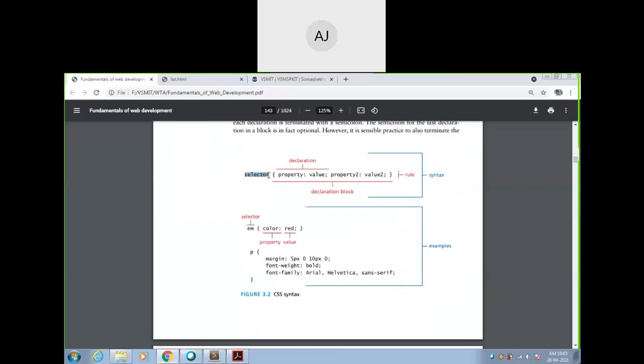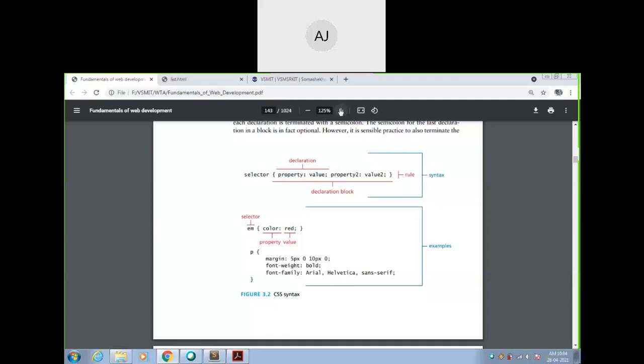See guys, there is a lot of similarity, a huge bonding between HTML and CSS. Here, selector means you have to use any one of the HTML elements or tags. Then after that you have to open the curly braces. Within the two curly braces you have to define properties. Now this property and your HTML property are both the same. There you were calling it attribute or property, here also you are calling it property or attribute, both are the same, but in the syntax they have mentioned property and then value. There you were using the equal to symbol, here you have to use the colon symbol.